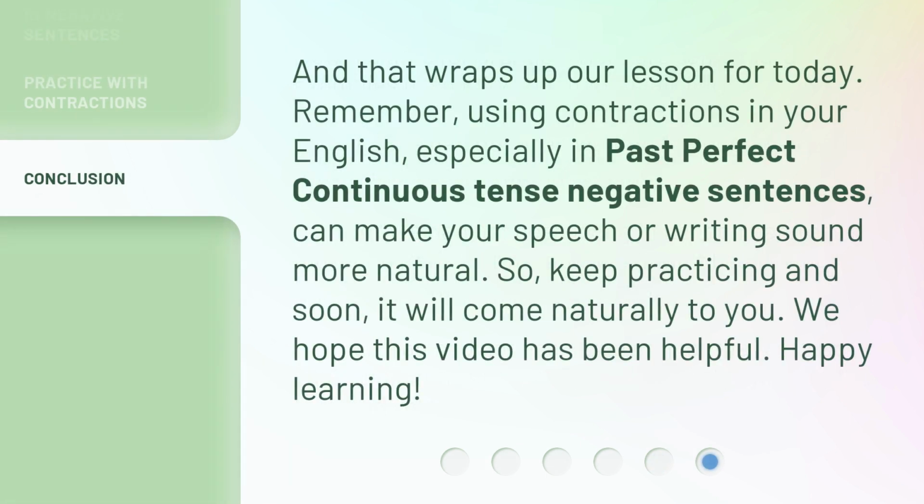And that wraps up our lesson for today. Remember, using contractions in your English, especially in past perfect continuous tense negative sentences, can make your speech or writing sound more natural. So, keep practicing and soon, it will come